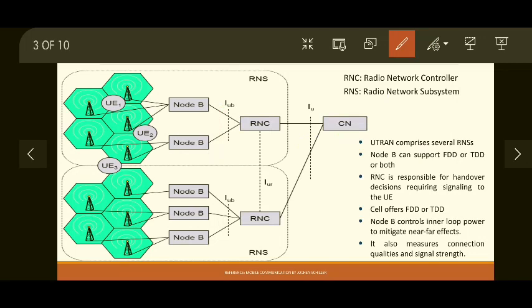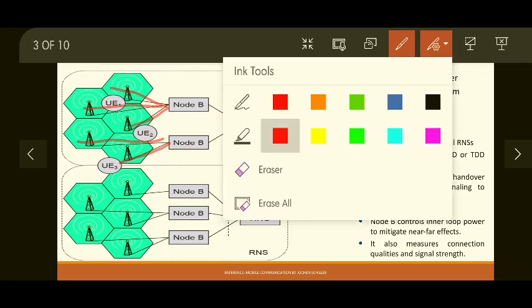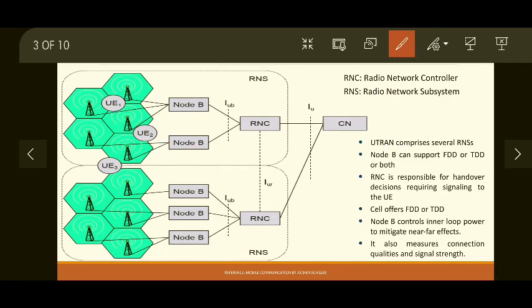If you observe, the major difference in this architecture compared to GSM is that a Node B can cover more than one cell. Here in this diagram you can see the first Node B is covering 3 cells, whereas the second Node B is covering 2 cells. Whereas in GSM, one BTS forms a single cell. So that is another difference. The interfaces are also modified. They are adapted to the UMTS technology, so different names have been given. Let's see the functions of RNS, RNC and Node B in detail.